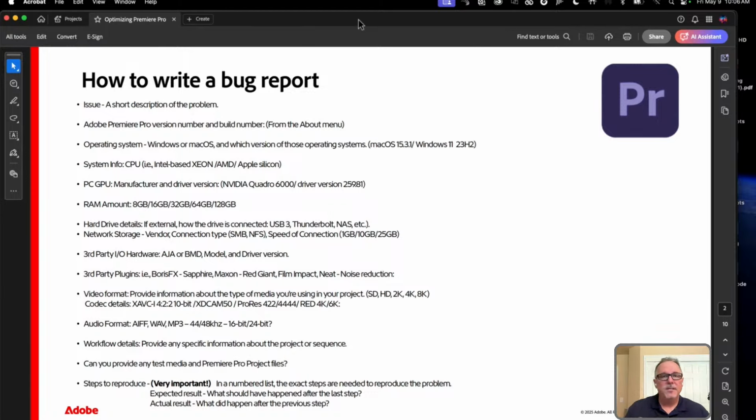Workflow details. Is it a giant multicam project? Is it something with tons of layers of graphics? Are you doing dynamic linking to and from After Effects and back to your projects? Just give us a better picture of what is going on in your project. And then, if we reach out, can you provide test media to us to try and repro it on our